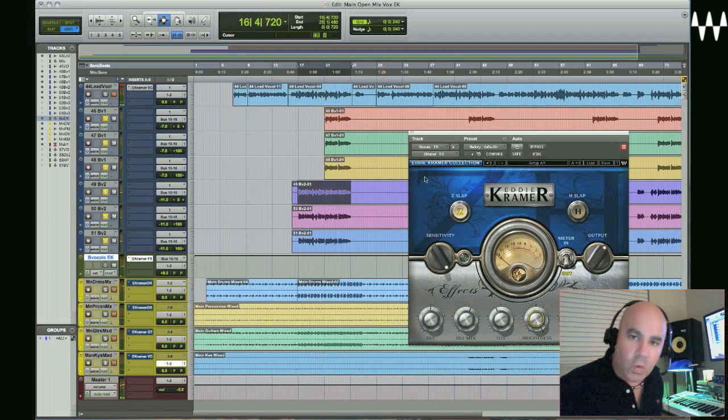And that's pretty much all I need. So if I put that back underneath the lead vocal,